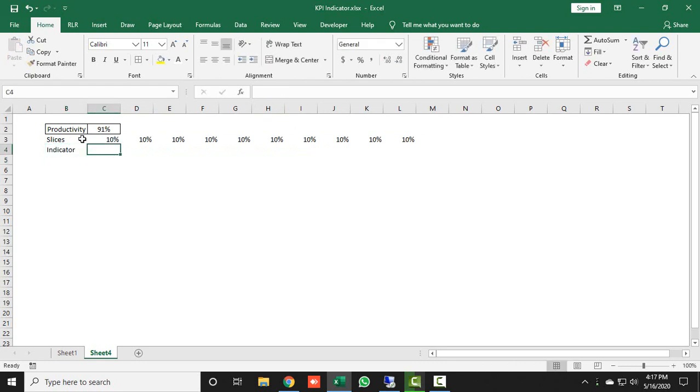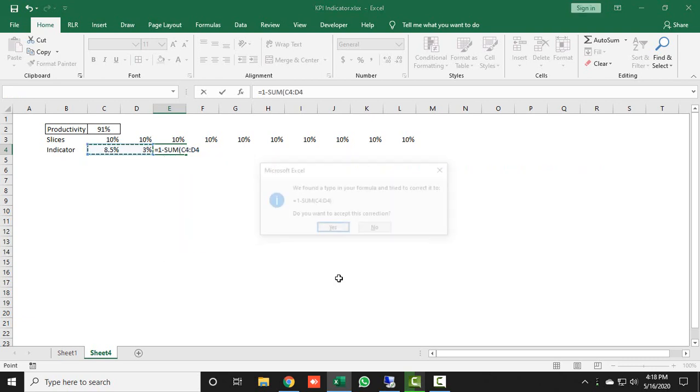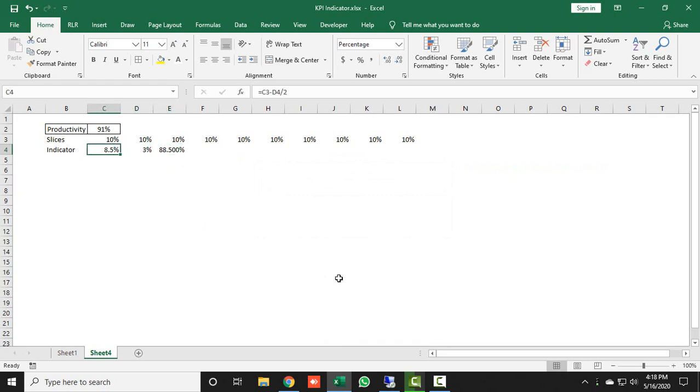All right, so I take a simple formula: press equal to, this value minus, then divided by 2, then comma again. Now I will also take here a value which is 3%. 3% is the actual width of your indicator. And now your rest data would be: press equal to 1, meaning 100%, minus the sum of these data. All right, so now your data is ready.